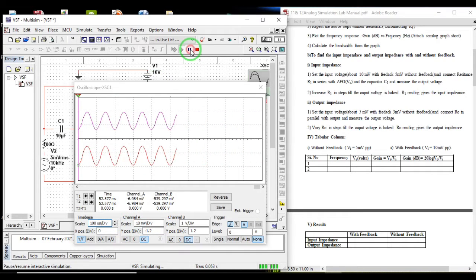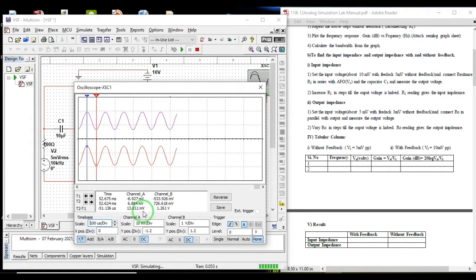So for that you pause it, and to measure this input, you move these cursors, it will give peak to peak, or this is only the voltage. You better always measure peak to peak, that is also fine, or 0 to peak.